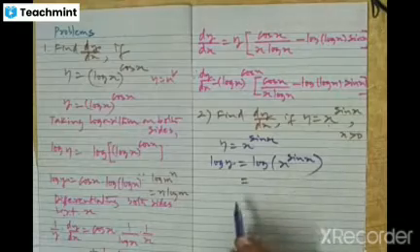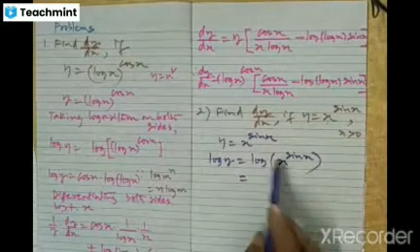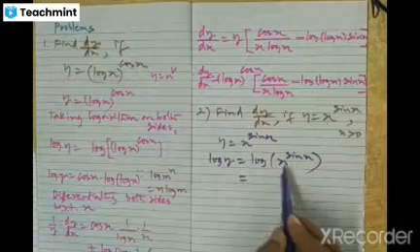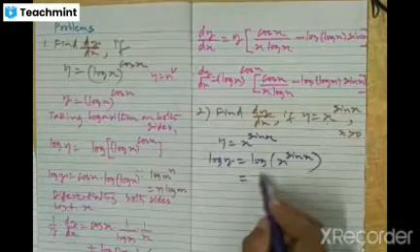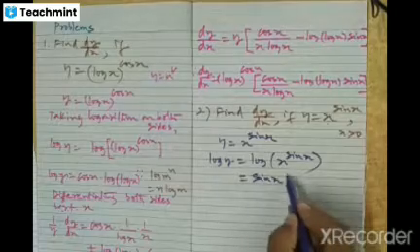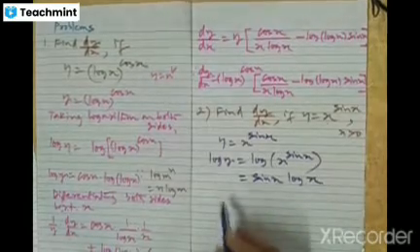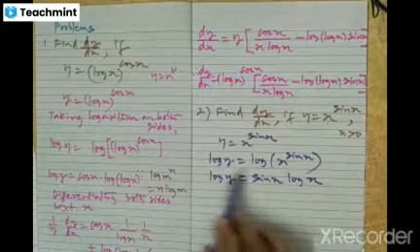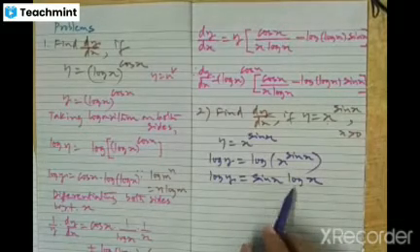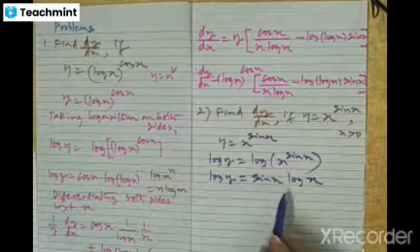Okay. So, this is equal to, now see the right hand side. Right hand side is of the form log m power n. Log m power n is n log m. So, sin x into log x. In left side we have log y. We have taken log on both sides, and I have used one of the properties of logarithm.